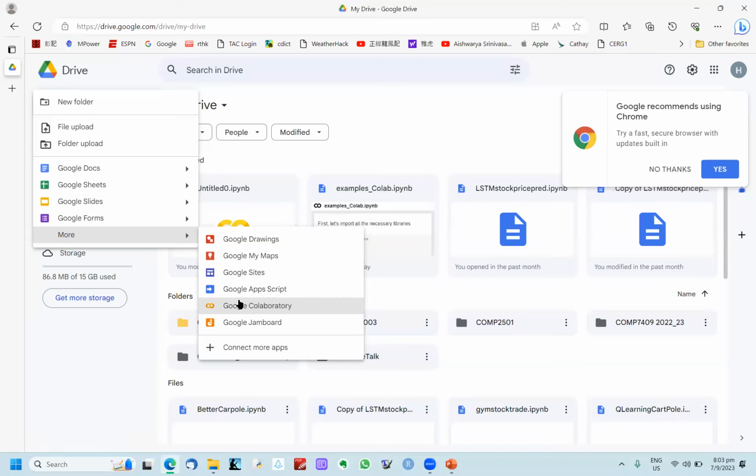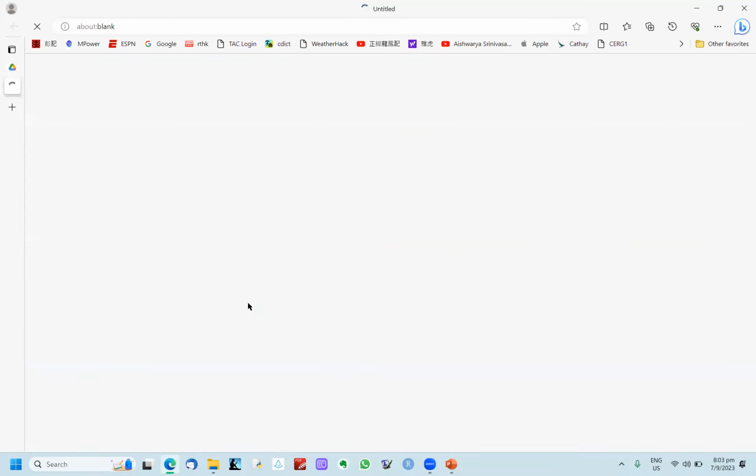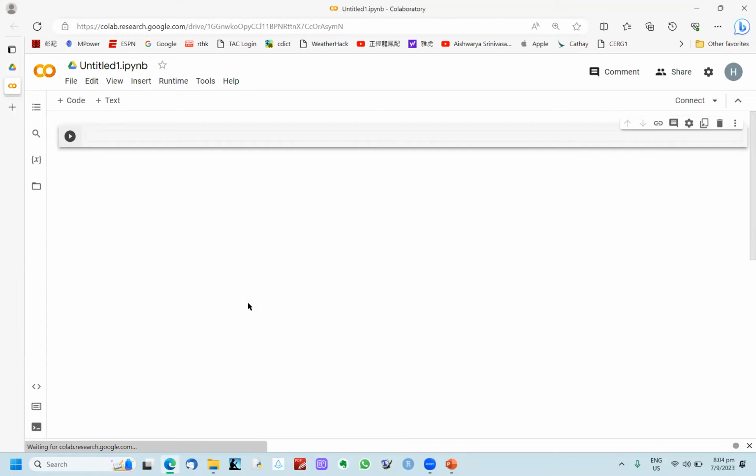This kind of file is called a Google Colab file, and you just select it and create a new Google Colab file. And when you do, you will see that Google Colab brings us a page that allows us to type in a Python program using Jupyter Notebook. So this is the simple way for us to write a new